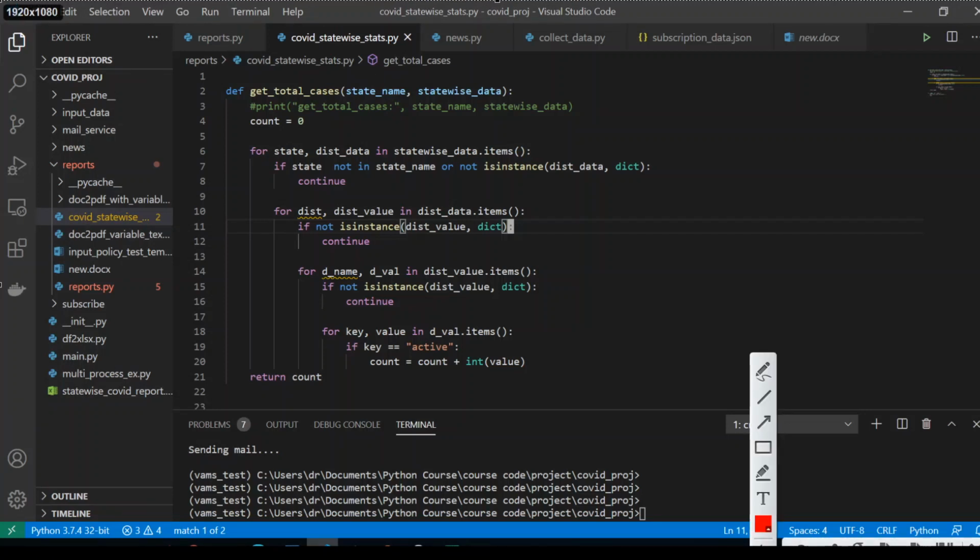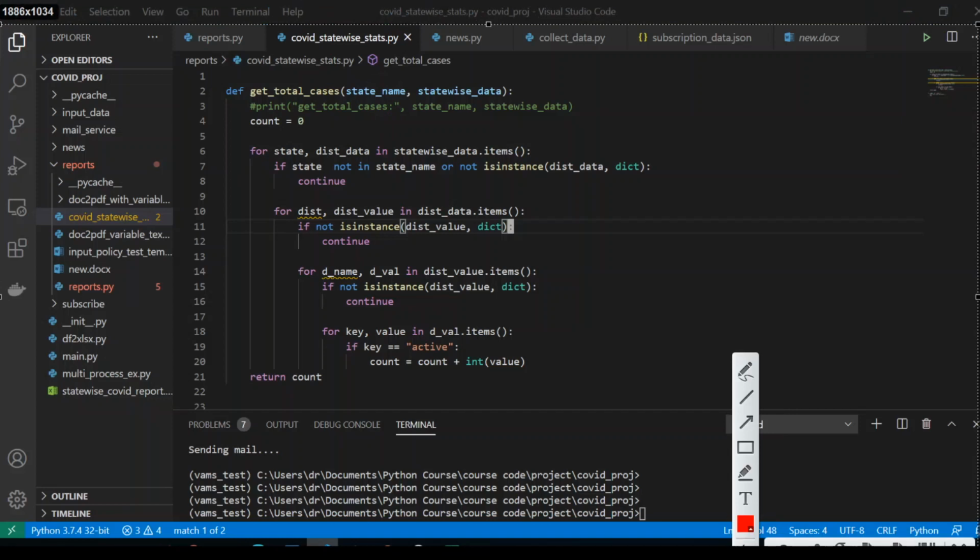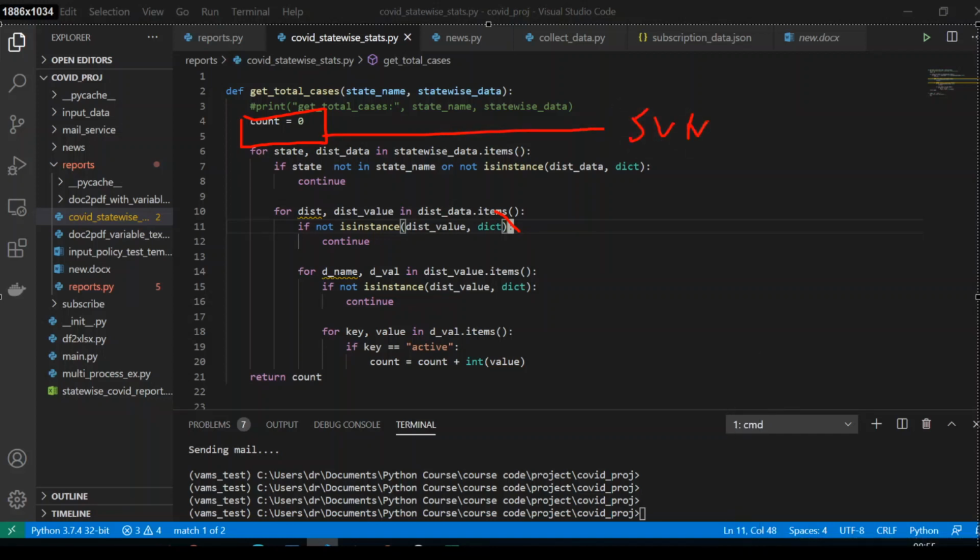This is a variable. And I am initializing a count here. This count will keep the total number of active cases, and it will sum up all the active cases coming from a particular state.